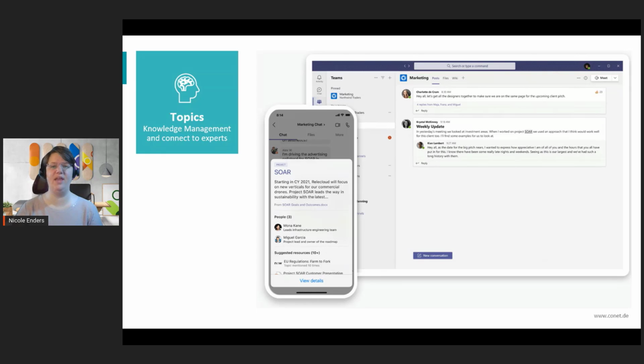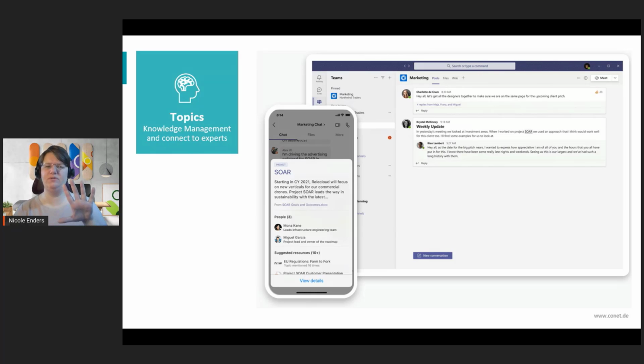And this can be very helpful if you think about knowledge management. Think about, for example, Wikipedia. When you have one article and you read it and you say, okay, I've learned a lot, but I need more information. And then you come to the section where you see, okay, this article can be interesting for us. This article mentions another word. Okay, I will have a look there.